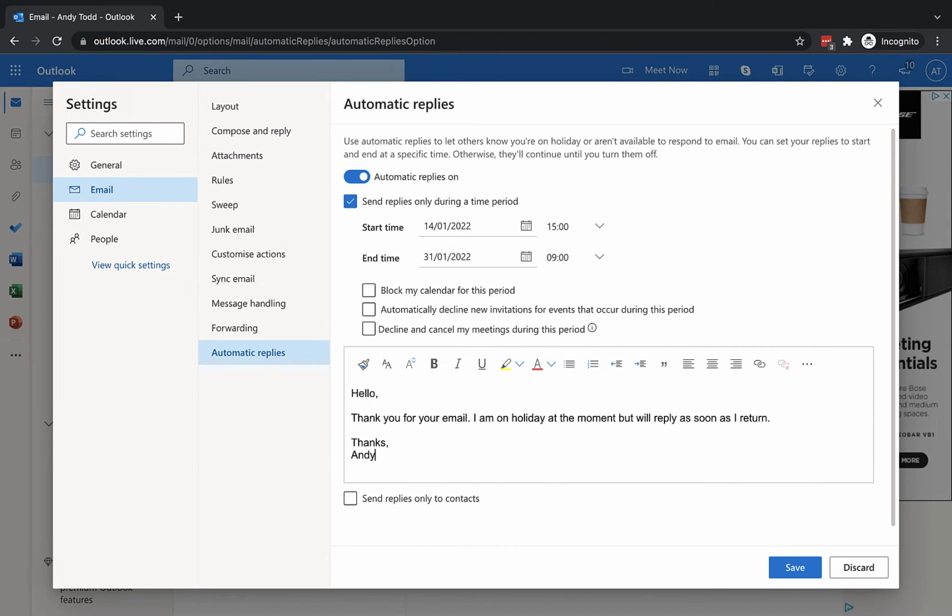Okay, nice and short. Now, of course, you can format this if you want. You could put any links in, you could give an alternative email address, but I'm going to leave it just like that for now. Now what you'll see is, because I have chosen to send replies during a specific time period, we have these